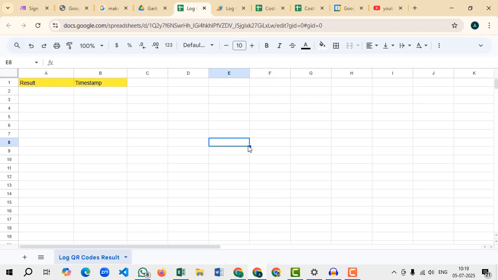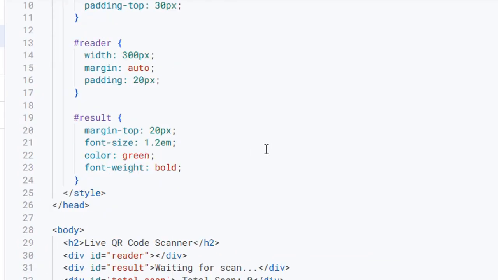In today's video, I'm gonna show you how to scan the QR code and save the QR code data in the Google Sheet as a very basic database. So what I did for that, I wrote Google Apps Script. It looks like this,